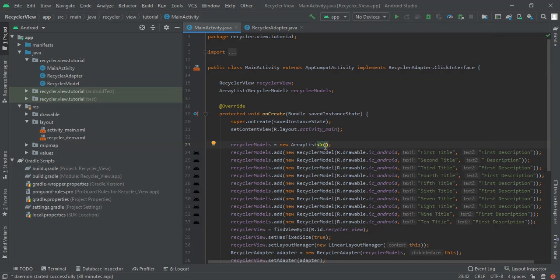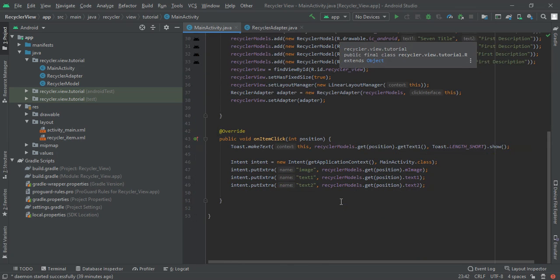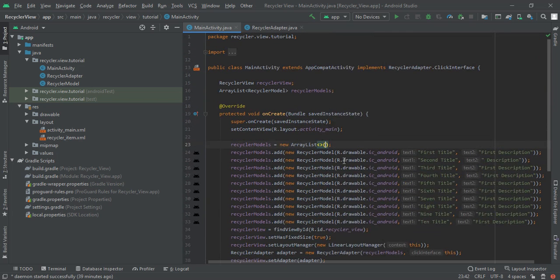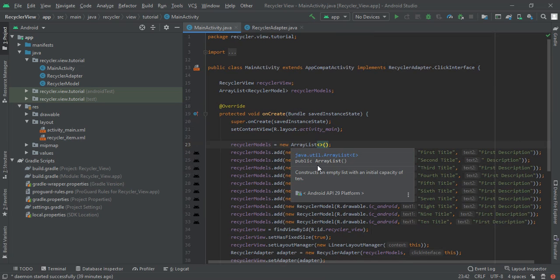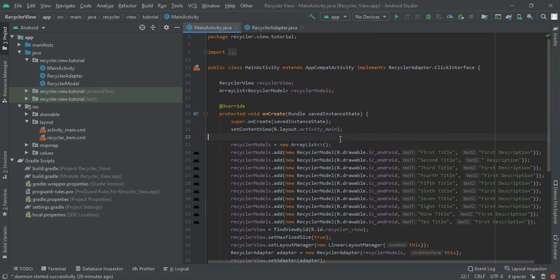In this video, I am going to explain how to add an on-click listener on Recycler View items. Yes, it is very hard to implement an on-click listener on a particular view in our Recycler View. So it is hard, and to implement it, I am going to make it simple.